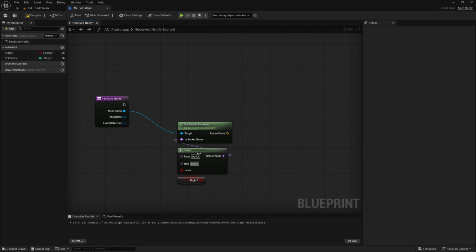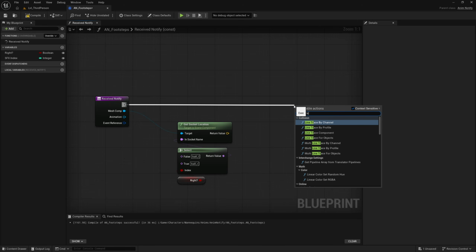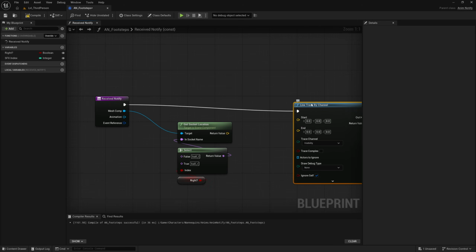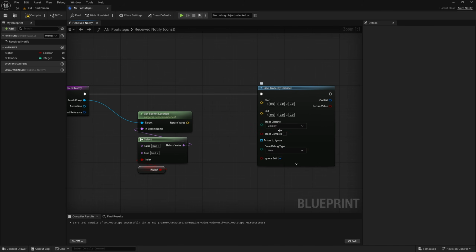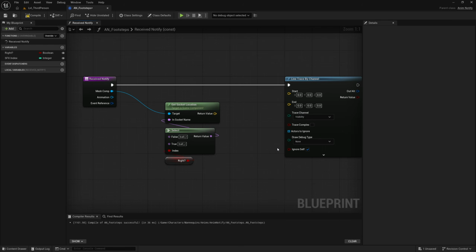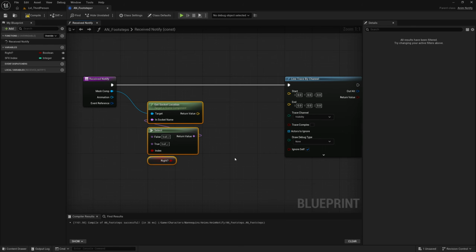And basically what we're going to do is draw a line trace from these bones to the floor, and when it hits the floor, it will make a sound effect. So we can drag off the execution pin here, and we'll do a line trace by channel. And I'm just going to do this on the visibility channel. You can create your own trace channel if you like in the project settings, but for the purposes of this tutorial, I'm just going to use this one. And the start of this line trace, I'm going to do just above these bones, and I'm going to draw the trace